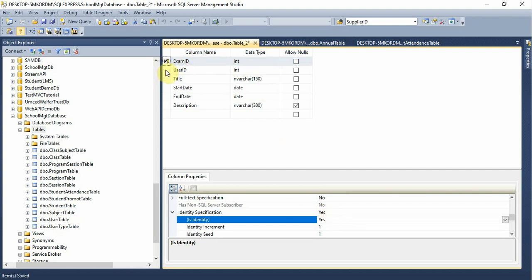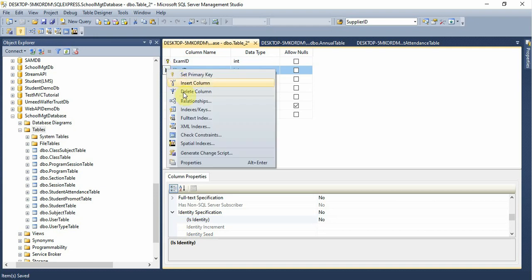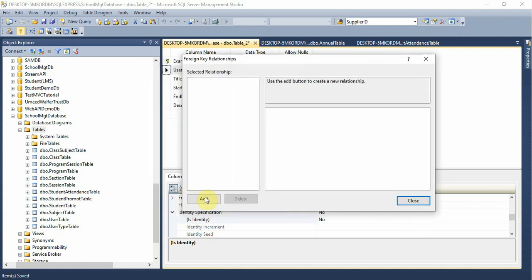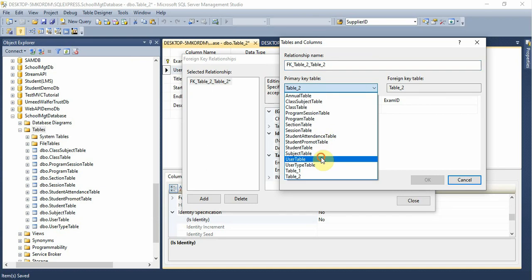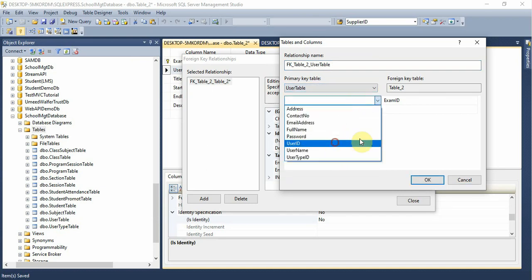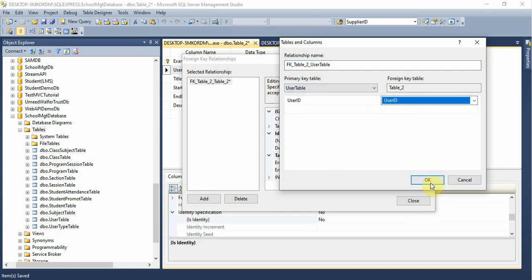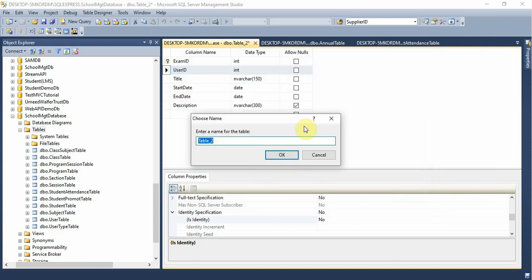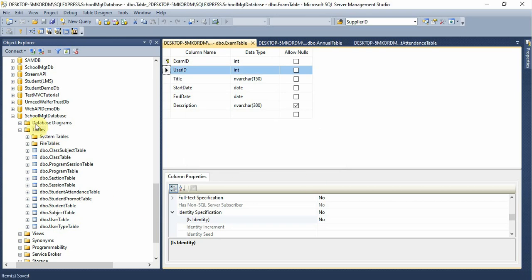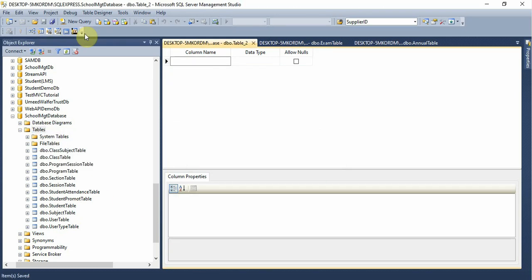And now right click here in relationship and make relationship between these two tables. So now select the user and also primary key, then foreign key of this column with this table. So now close, right click and exam table. Press OK button. Now right click table, add exam marks table,